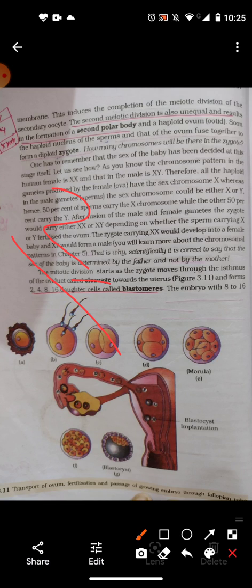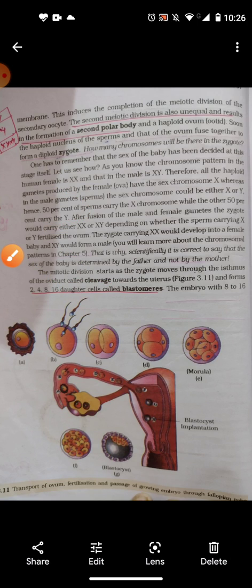When the cleavage occurs in which the ovum completely divides into two daughter cells, such cleavage is known as simple holoblastic cleavage. This is because the human mammalian egg has an insufficient amount of yolk that is diffusely dispersed in the cytoplasm, and therefore there is no interference of the yolk with the cleavage division. So this is all about cleavage and segmentation.